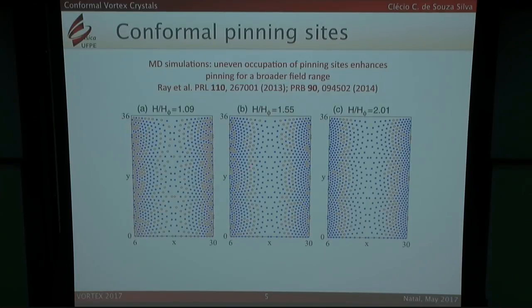So an interesting thing of this kind of material is that the incoming vortices distribute in an uneven way. So we have regions where you have an almost matching condition of vortices, while in other regions there are no vortices sitting in the pinning sites. So the authors think that this probably explains the high efficiency of the critical current in a broad range of field, because then the vortices can adapt and match locally to the pinning distribution.